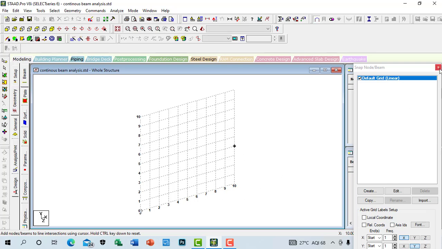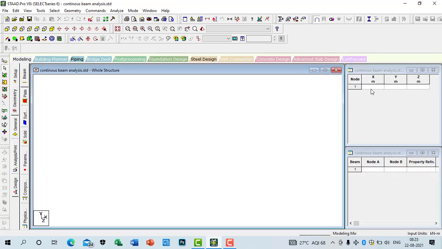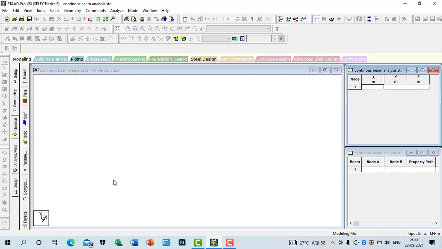So what we can do is snap the nodes here, but for better accuracy, we can provide the positioning of the nodes according to x, y, and z axis. Okay, because we are working in a plane, I'll select the first node as 0 comma 0 comma 0. Then let us say we have the next node at 3 meter, then next at 6 meter. Okay, then next at 9 meter.